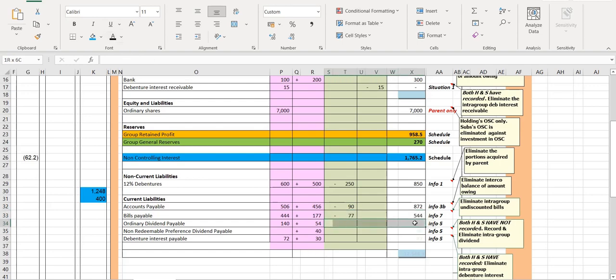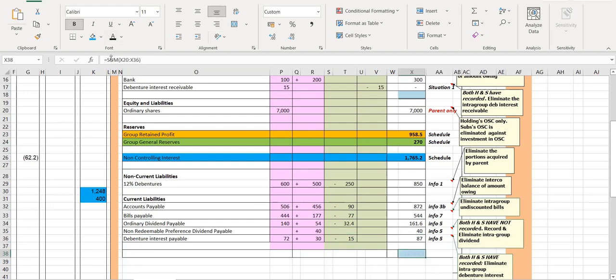Ordinary dividend, you need to remove the income from subsidiary. Remember 32.4, that shouldn't be reported. You report only dividend payable by the subsidiary to the non-controlling interest. So the one payable by the subsidiary to the non-controlling interest is 54 minus 32.4, or you can split this dividend payable into two, one by subsidiary, one by parent. And then this is the total for the subsidiary. For the preference dividend, none was acquired by the parent. And debenture interest payable, here we eliminate what was already credited by the parent, and therefore that would be 87.